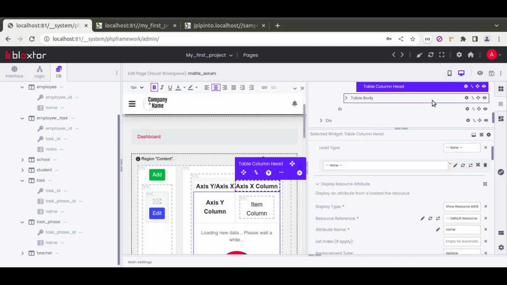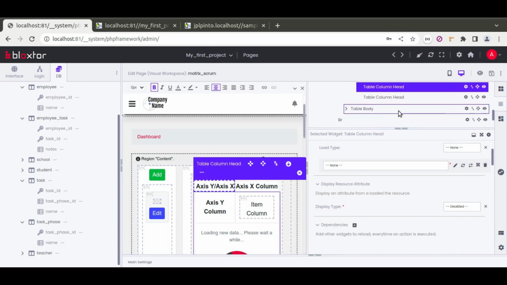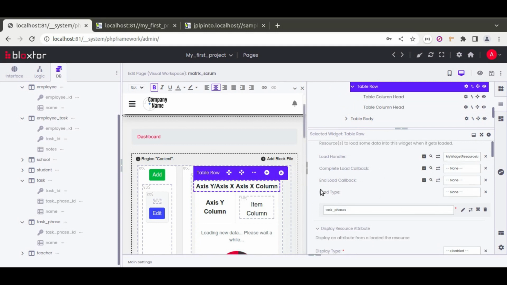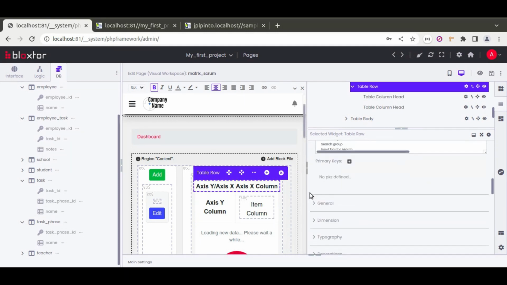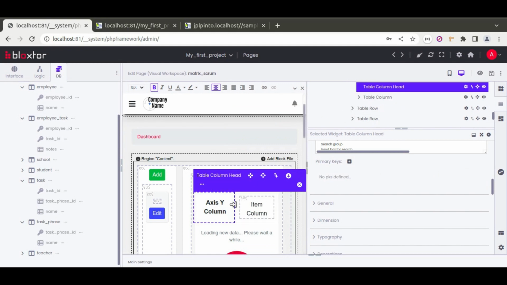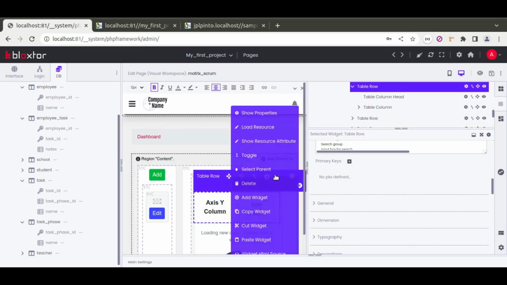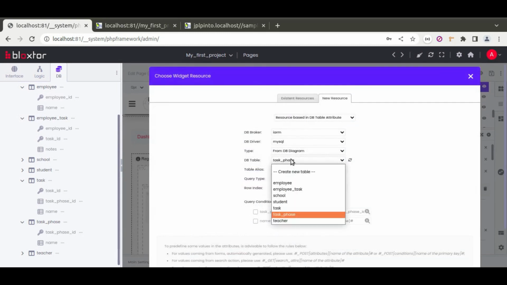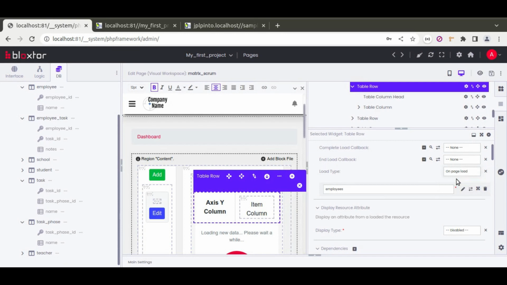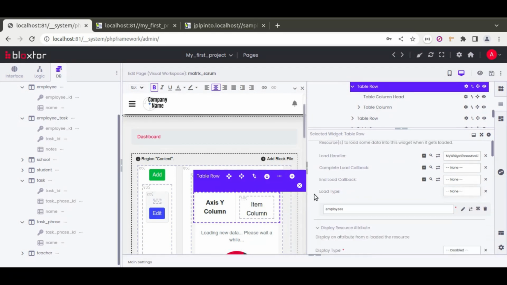Additionally, we forgot to do something, which is to define the primary key. So it's very important. Selecting the row, when we do the load resource of this task phase, we cannot forget to define the primary keys, saying that the primary key for this load resource will be the task phase ID. And now we do the same thing for the body row. We select the body row, we do the load resource, but now we want to show the employees to get multiple records, where we want the load type to be none,